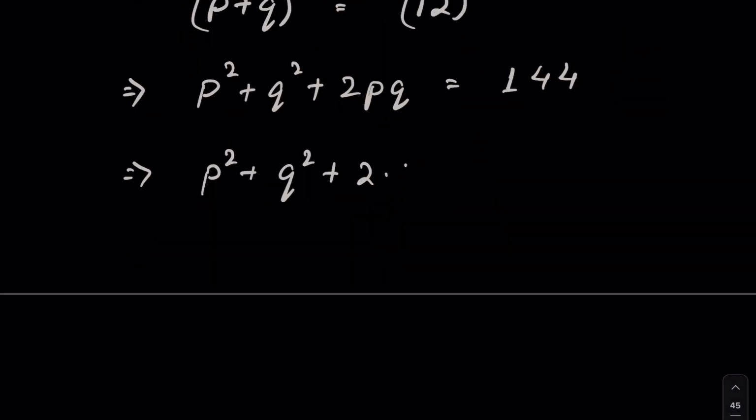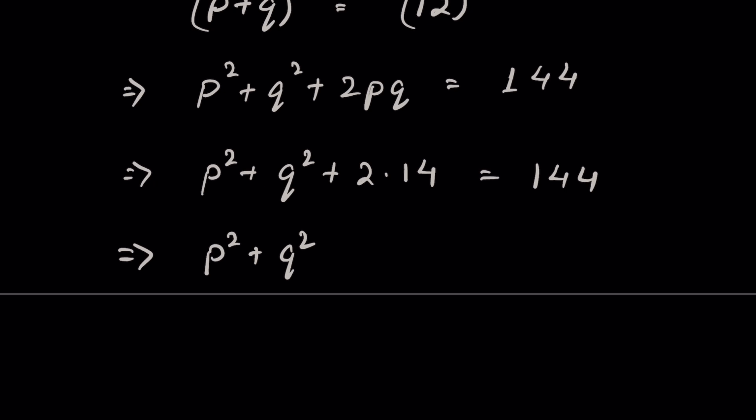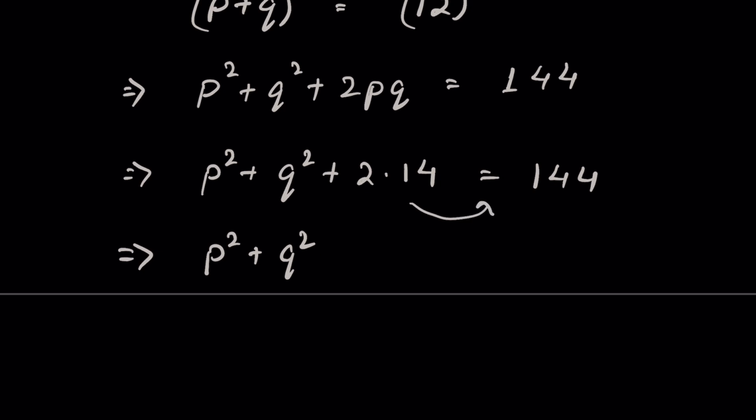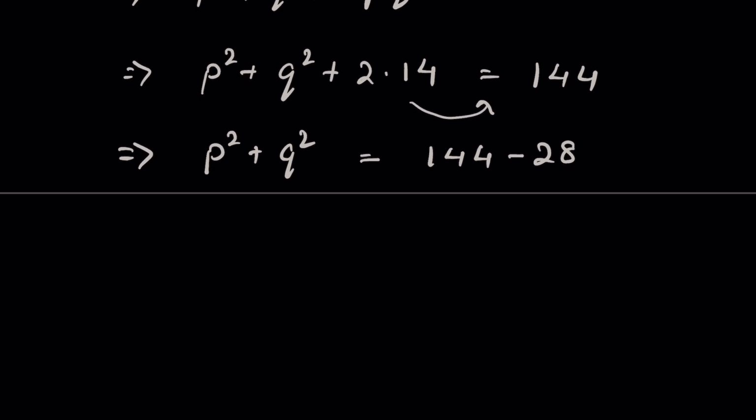So let's put the value of PQ: 144 equals P square plus Q square plus 14 times 2, 28. We send 28 to the right hand side, so it will be 144 minus 28, or P square plus Q square is equal to